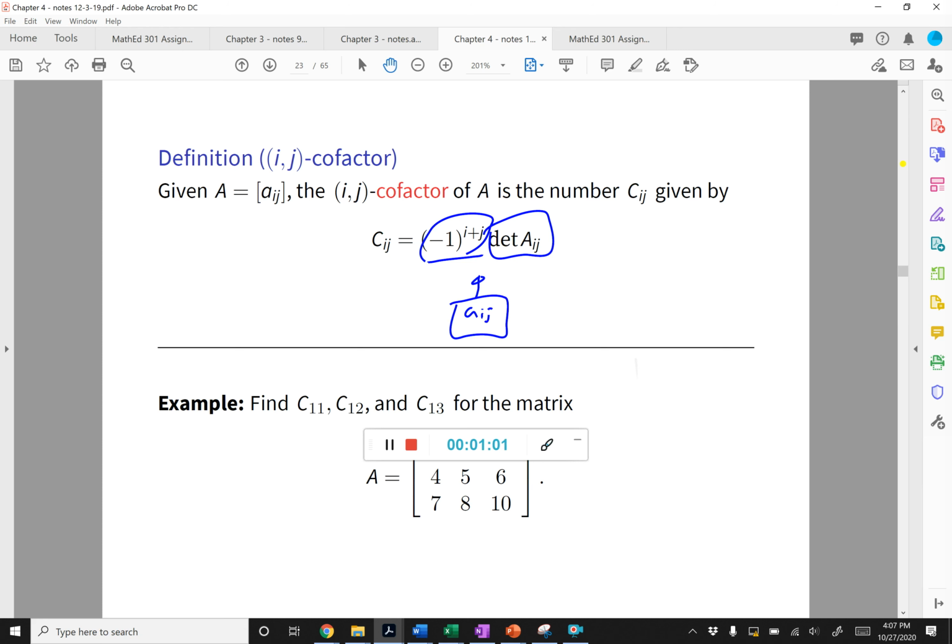So, for example, the cofactor C11, let's pick a better one. C12, first row, second column. So here 2. So I said that 2 would be involved in it, and that's not true. It's just a minus 1 to the I plus j, which is odd. So it's going to be a minus 1. So that I plus j is going to be 1 plus 2, so it's going to be 3. So minus 1 times the minor